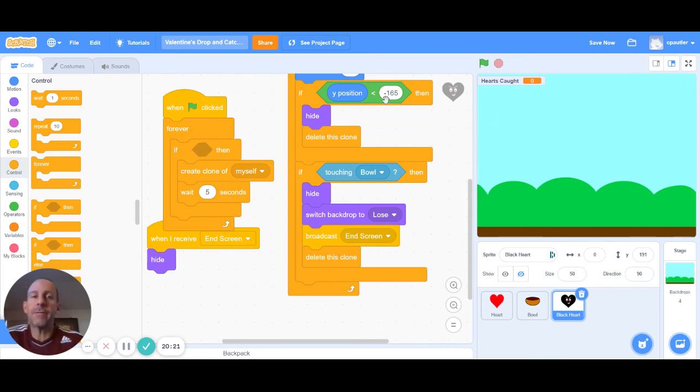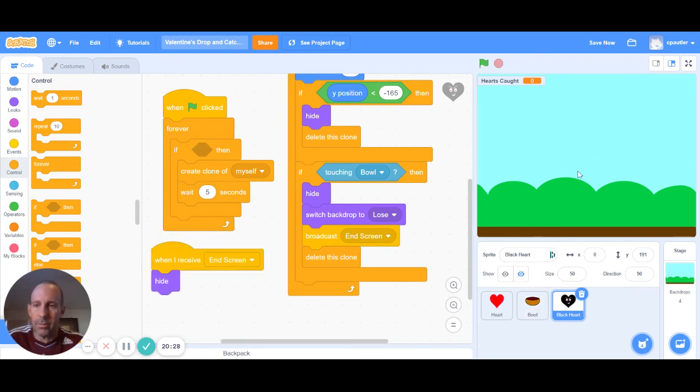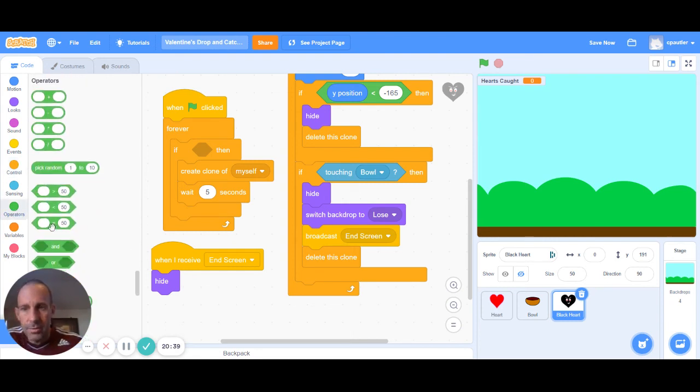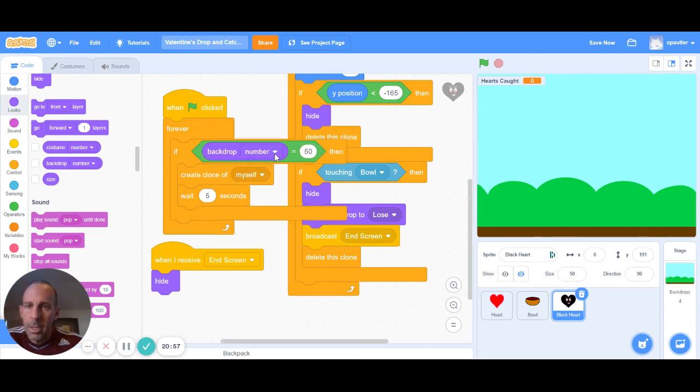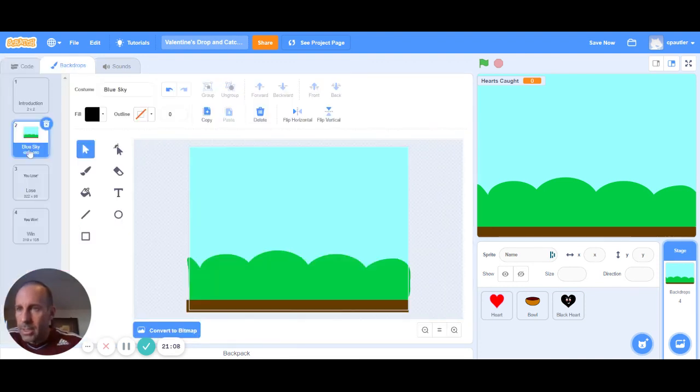We could say, if screen is, well, basically, how about this? We only want this to happen on this screen, right? So if we only want it to happen on that screen, then let's check for that. Okay, so let's go into operators, and we're going to use that equals. Again, Boolean statement, equals. So we want to see what screen it is. So let's go into looks. At the bottom of looks, there is backdrop, exactly what we want. So if backdrop, and you could use the number, you could use whatever, let's just use the number. If backdrop number equals, and let's go check it out. There are 4 backdrops. If it's this one, backdrop 2, that's the only time I want those clones